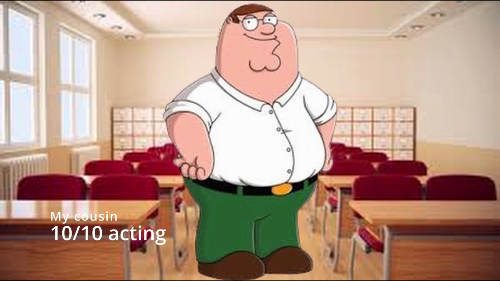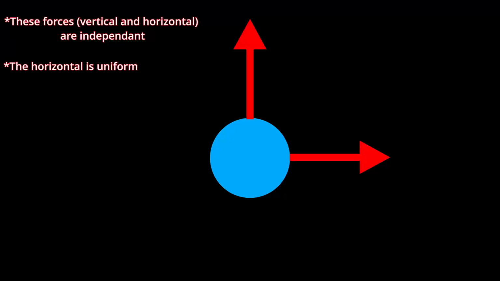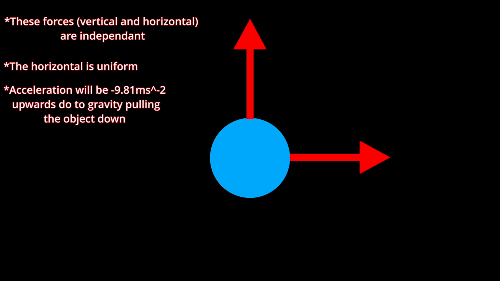But what about air resistance? Well, for simplicity reasons in AS level mechanics, these restrictive forces are ignored. Now back to the vertical force. Unlike the horizontal force, this is affected by gravity, giving it a constant acceleration of 9.81 meters a second squared. It is important to note that upwards the acceleration in the vertical component is treated as minus 9.81 meters per second squared. This is because gravity will be trying to pull down the object, causing it to